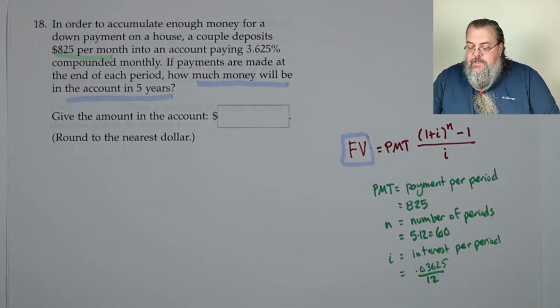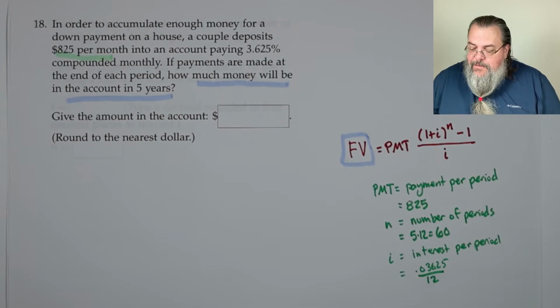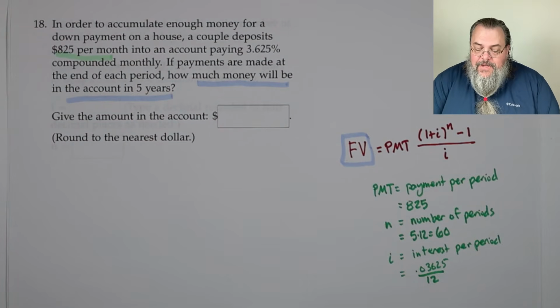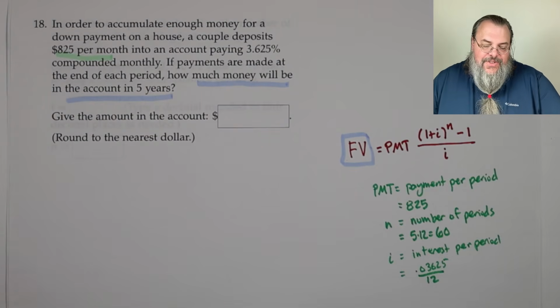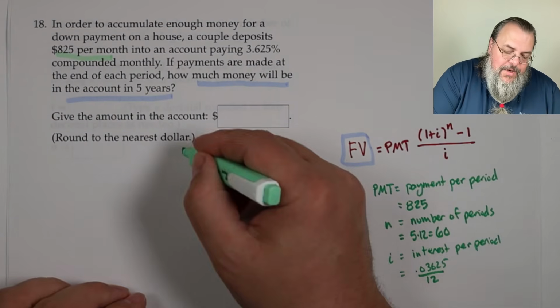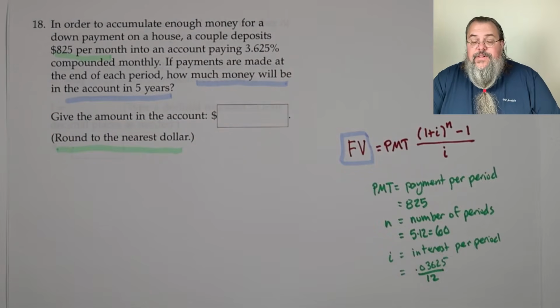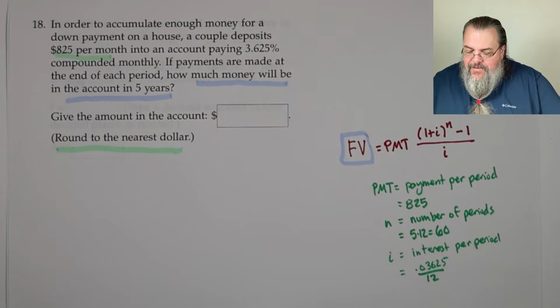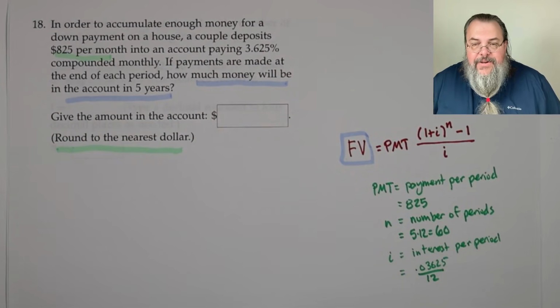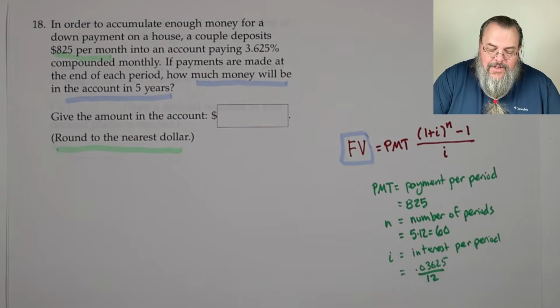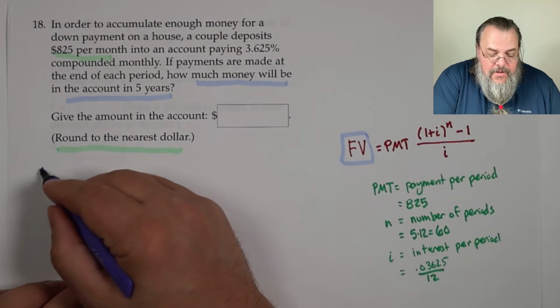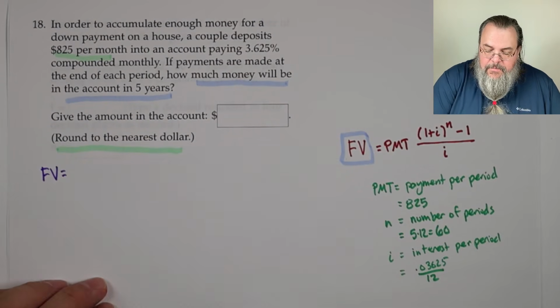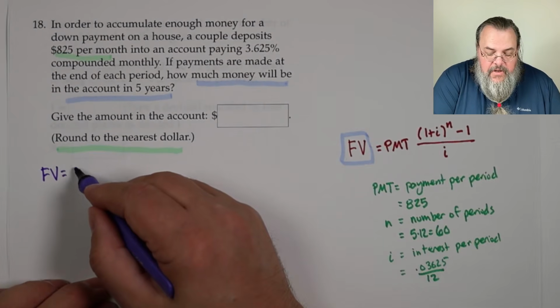Now we have all the numbers, we have the formula. The rest of it is plugging in. And notice it says round to the nearest dollar. So we're going to follow instructions, right? If it says round to the nearest cent, we round to the nearest cent. If it says round to the nearest dollar, we round to the nearest dollar. So our future value, we're going to write this all down and then put it into our calculator, is